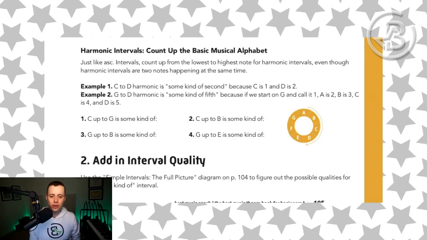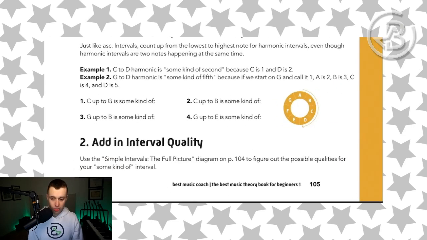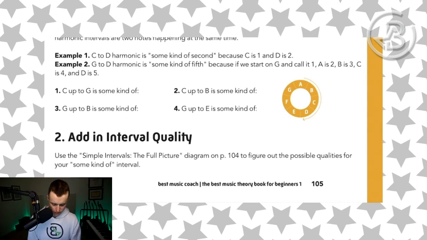In this lesson, you are going to learn how to figure out the some kind of interval for harmonic intervals. To do this, you're going to make it easy on yourself. You're going to think about harmonic intervals the same way you thought about ascending intervals. You're going to think about the lowest note to the highest note, and then calculate your some kind of from there. So for example, C to D, harmonic interval, is some kind of second because C is 1 and D is 2. So C up to G, harmonic, is some kind of, okay, C is 1, D is 2, E is 3, F is 4, G is 5, some kind of